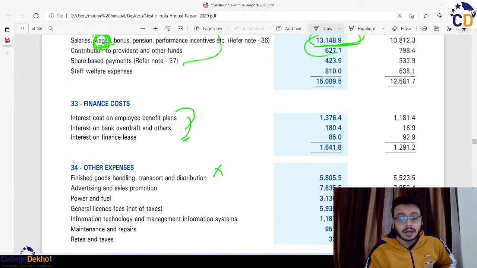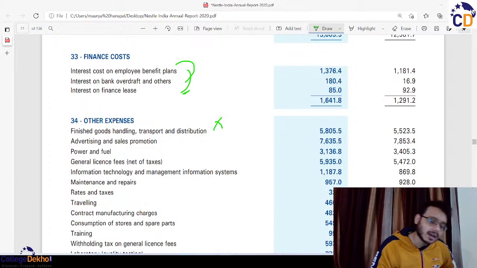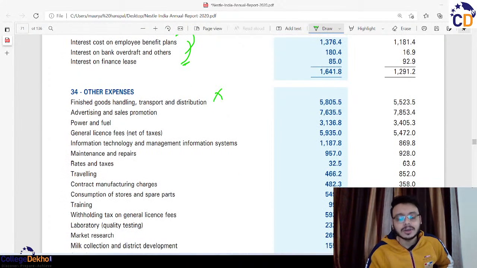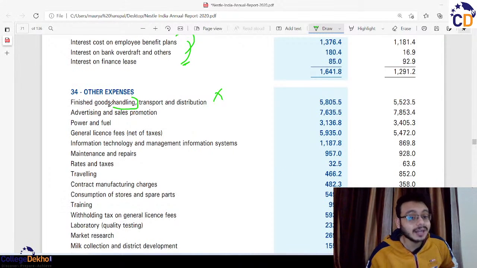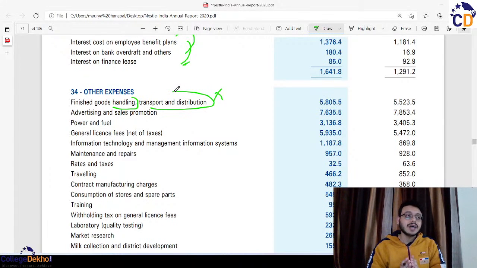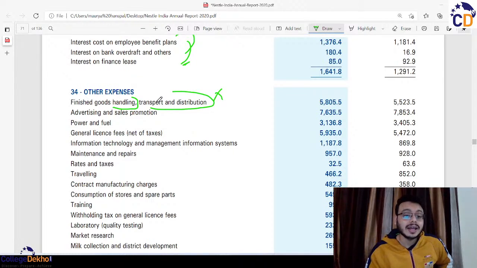ठीक है, मतलब कि कंपनी के सोर्सेज से बात करेगा, सप्लायर से बात करेगा, एंड वहां लाइक ही वुड गेट टू नो कि इस टोटल अमाउंट में से वेजेस कितना था। सिमिलरली फिनिश गुड्स हैंडलिंग वी कैन टेक, बट ट्रांसपोर्टेशन एंड डिस्ट्रीब्यूशन वी कैन नॉट टेक, बिकॉज फिनिश गुड्स हैंडलिंग अगर फैक्ट्री में करी गई है, ठीक है, तो विल टेक, अगर नहीं करी गई है तो वी कैन नॉट टेक। अगेन लाइक दिस इज द पर्पस ऑफ अ बिजनेस एनालिस्ट टू फाइंड आउट। ओके, एंड ये सब एनुअल रिपोर्ट में मेंशन नहीं होगा। एडवर्टाइजिंग, सेल्स, प्रमोशन नहीं होगा।